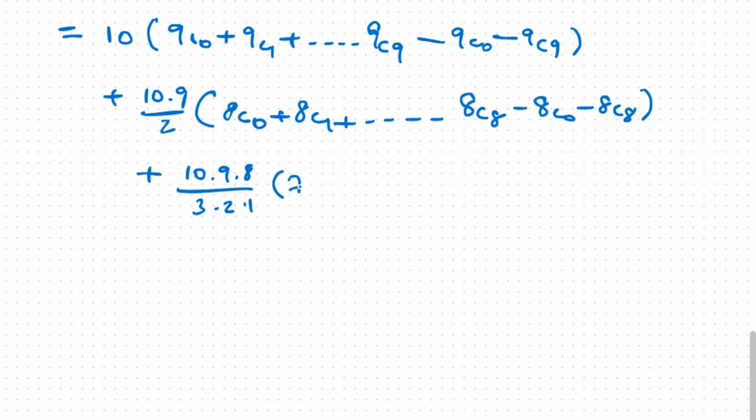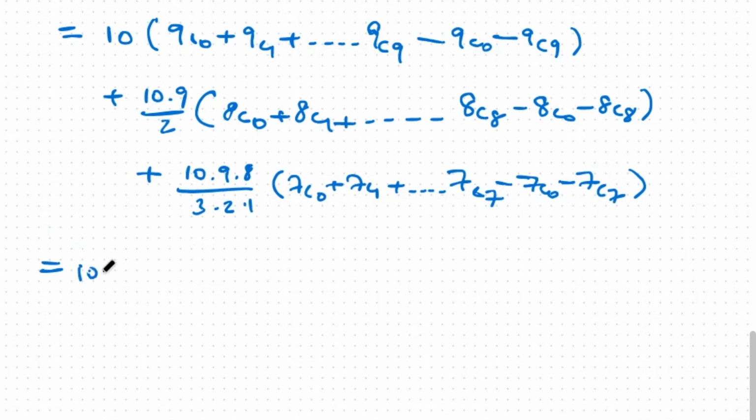Here 7C0 plus 7C1 plus and so on up to 7C7 minus 7C0 minus 7C7,